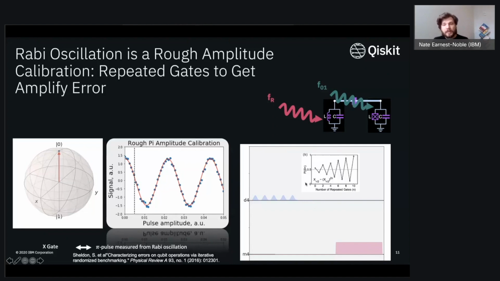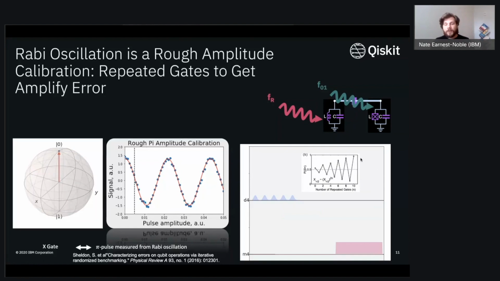Now, if you repeat this process, what you'll end up finding is that you started off on the equator, and then as you were pulsing the sets of two pi/2 pulses repetitively, eventually you're going to amplify the error, and you get what we call a ping pong pattern, where you bounce back and forth. It is through this that you can begin to do fine calibration of your qubit or of your pulse amplitude. Namely, you can adjust your amplitude until you minimize how much you're deviating. This is the way in which you can get a fine calibration, say, for your single qubit gates.